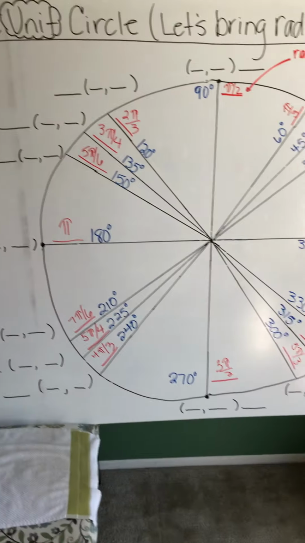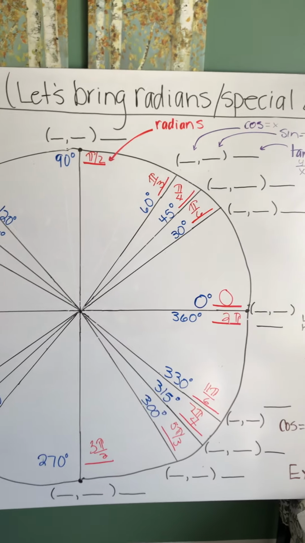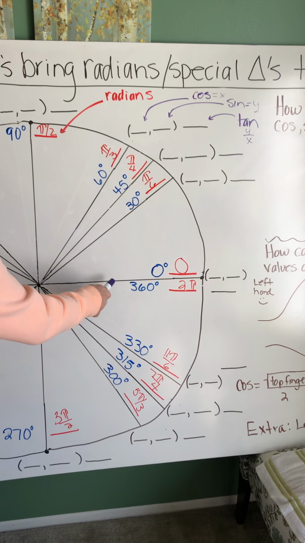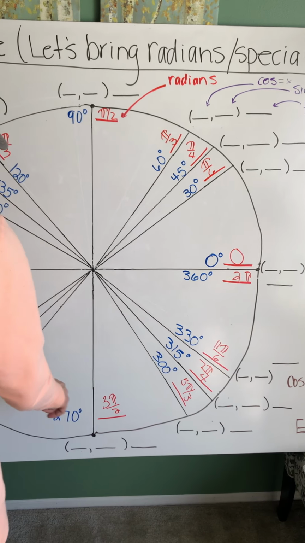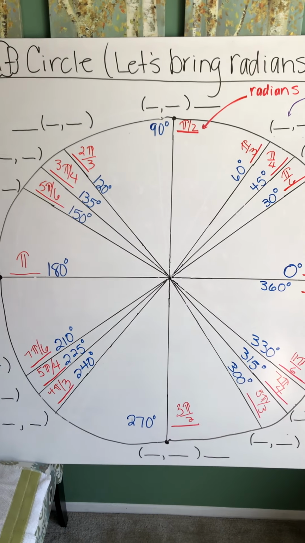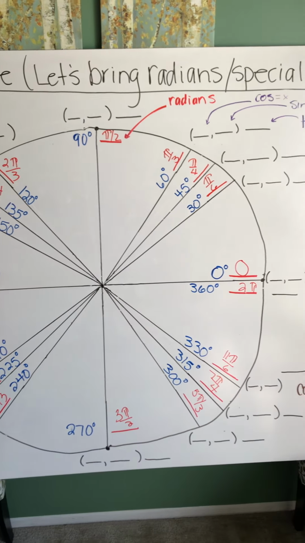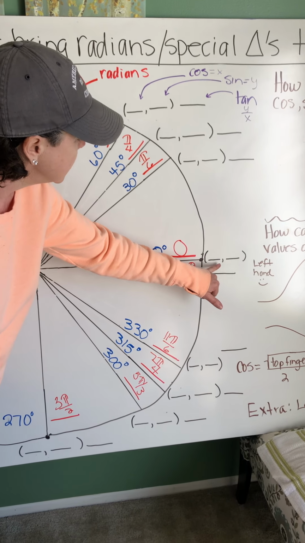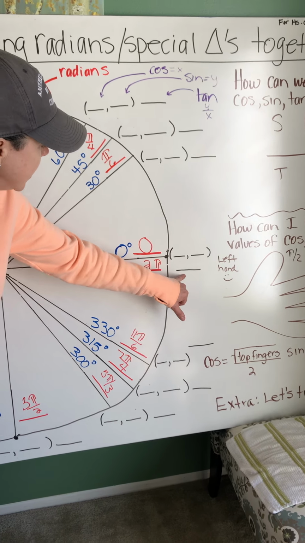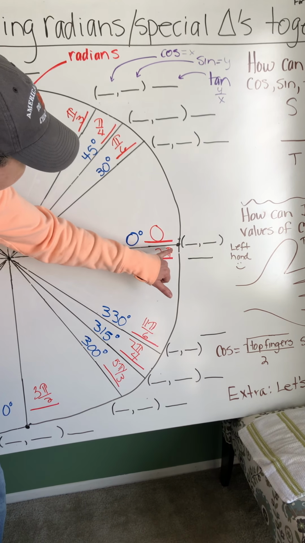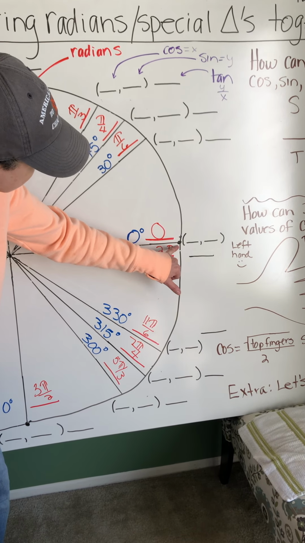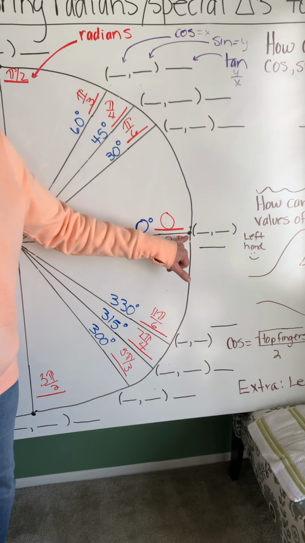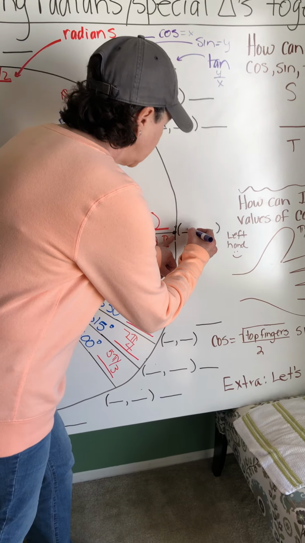The first thing we're going to do is fill in what we call the quadrantal angles. They lie in the quadrants, the 0, 90, 180, and 270. Let's fill in the cosine, sine, and tangent there because they're easiest. Take a look here. 0 degrees. Let's fill in cosine, sine, and tangent. Well, take a look here. See that point right there? If this radius is 1, isn't that the point 1, 0? That was easy. Cosine is 1,